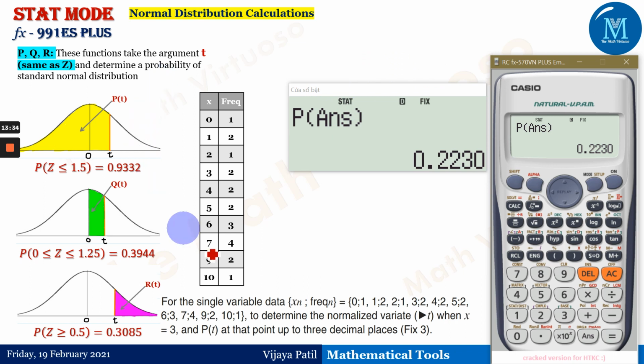I've just started this particular series only to take the help of this particular thing, but not for the case where you don't study the basic concepts of mathematics and directly move to the calculator. It will not help you at all. Okay, so it's all about the normal distribution, just to make your calculations a little bit easy, and you can cross check easily the calculations you have done by the normal distribution.